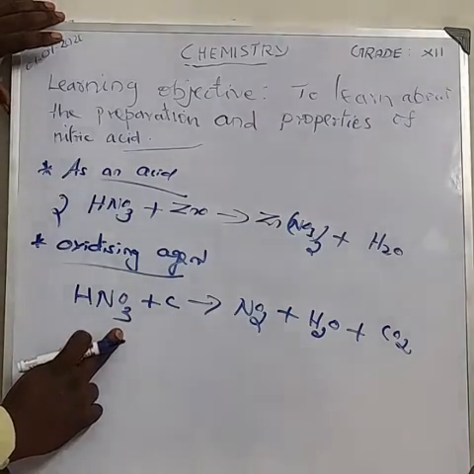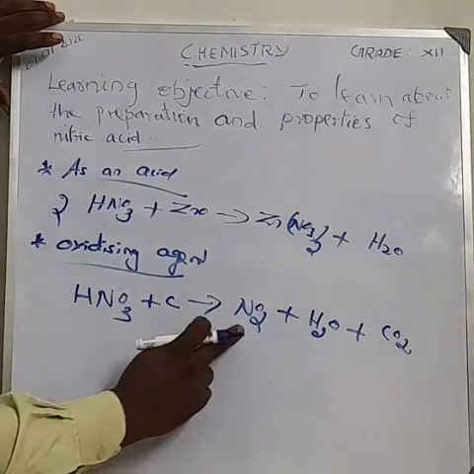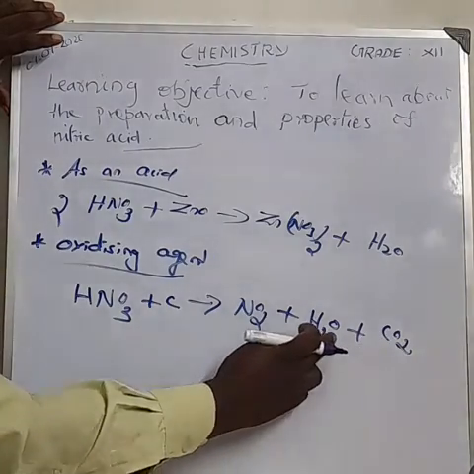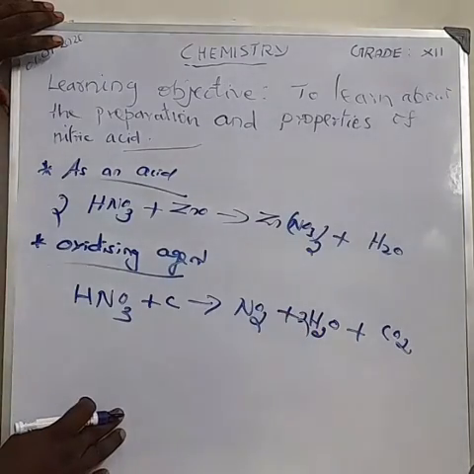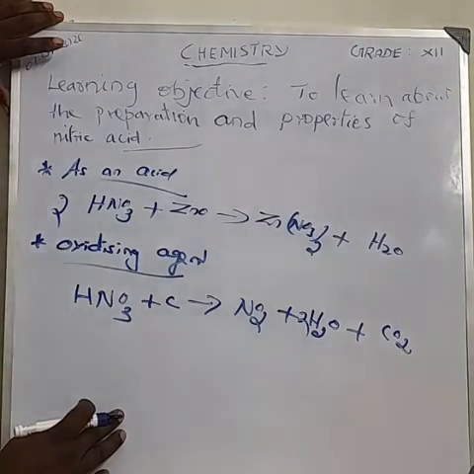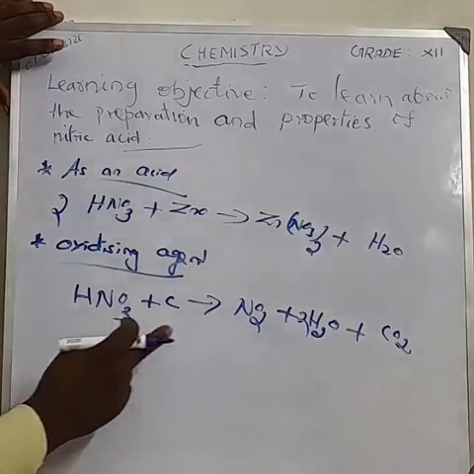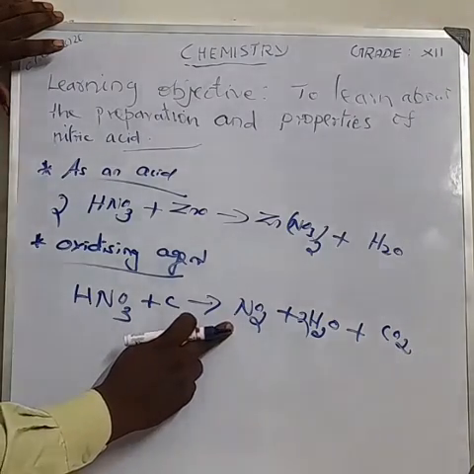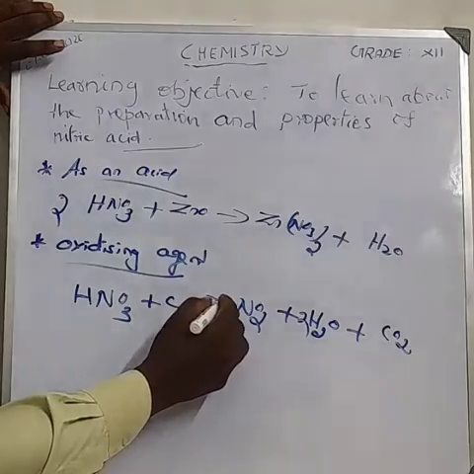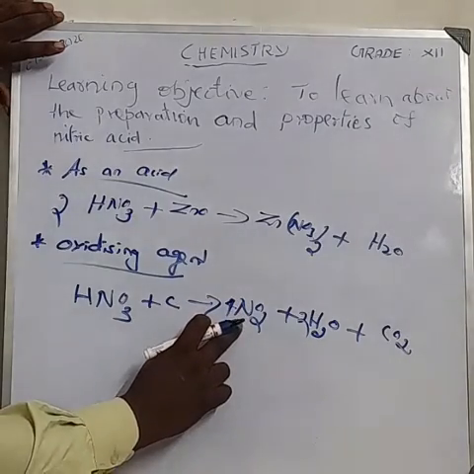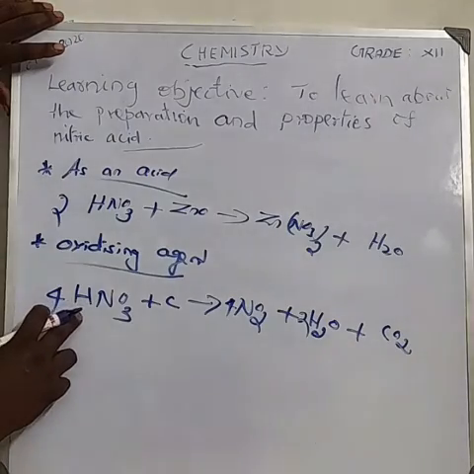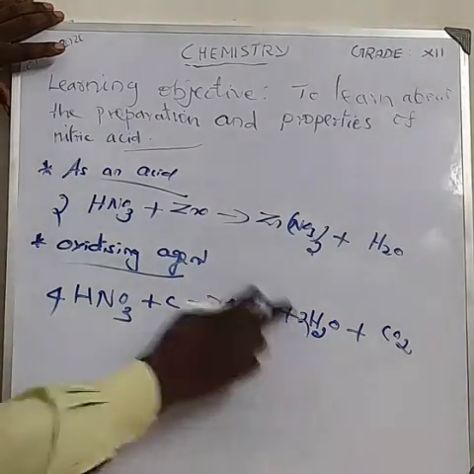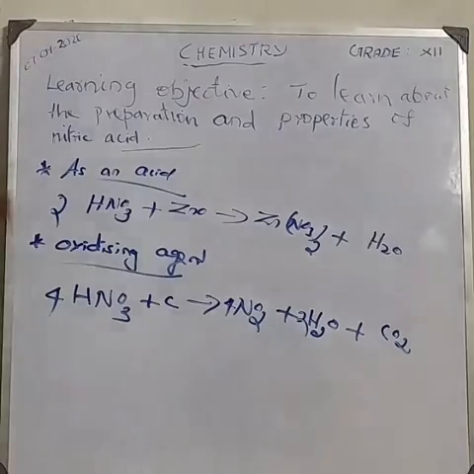So how can we balance the equation? Here 2, 2, 1. 5 oxygen is there, so make it here 2. Now we get how much oxygen? 6 oxygen. Clear? So how much nitrogen? Here also we make it 4. So 4 nitrogen, here also make it 4. And hydrogen, okay, clear. 4 are total. Now your one is balanced.